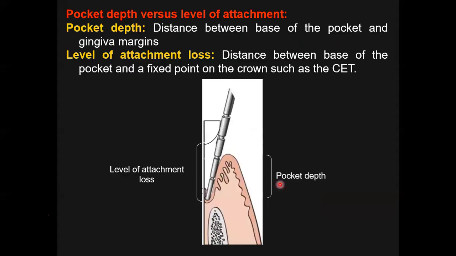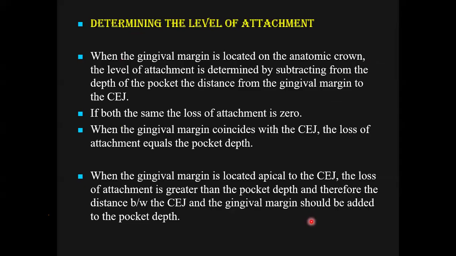Coming to the difference between pocket depth and level of attachment loss. A pocket depth is the distance between the gingival margin and the base of the junctional epithelium or base of the pocket. And level of attachment is the distance between the base of the pocket and a fixed reference point on the tooth surface, such as the cemento-enamel junction. This is the cemento-enamel junction, CEJ. So when we are measuring level of attachment, if it is located on the anatomic crown,